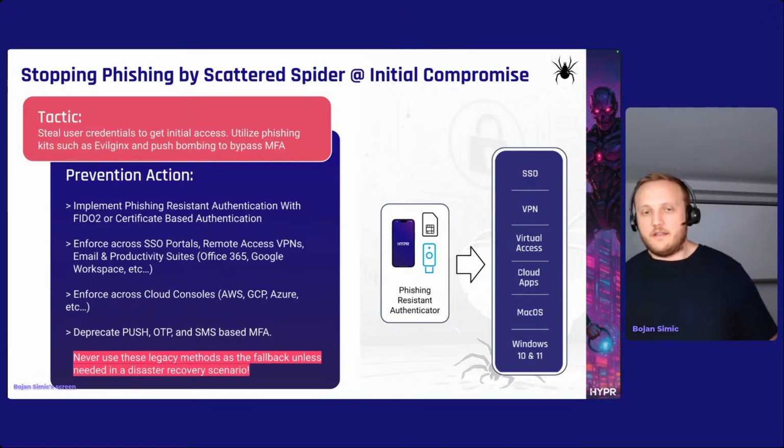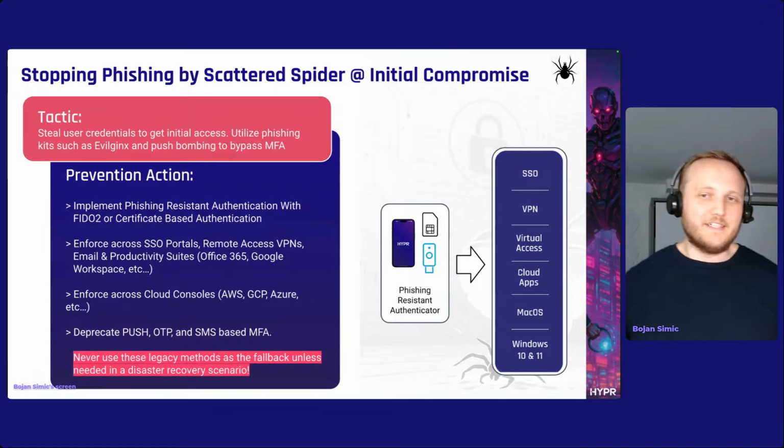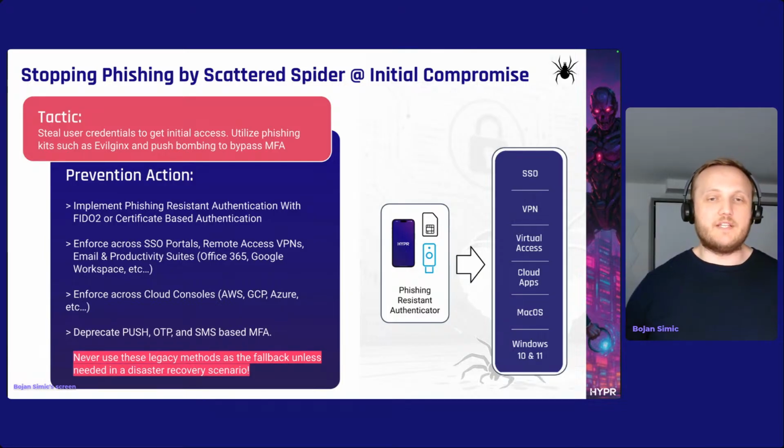So long story short here is if your organization is relying on a credential that can be typed, communicated over the phone, or copy and pasted anywhere, chances are hackers can get access to that by social engineering and phishing. So push notifications can be intercepted, right? One-time codes can be phished or socially engineered. All these traditional methods, or dare I say legacy methods of doing MFA, are suddenly vulnerable to these types of attacks, right? And so essentially what you need to do, and this is guidance from